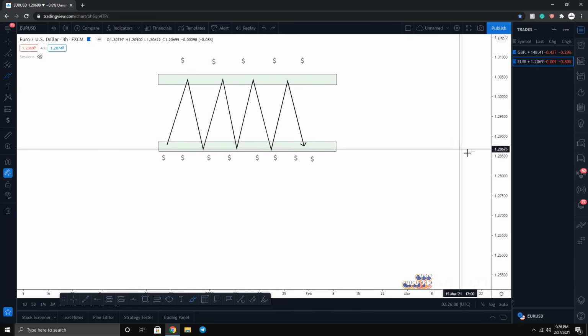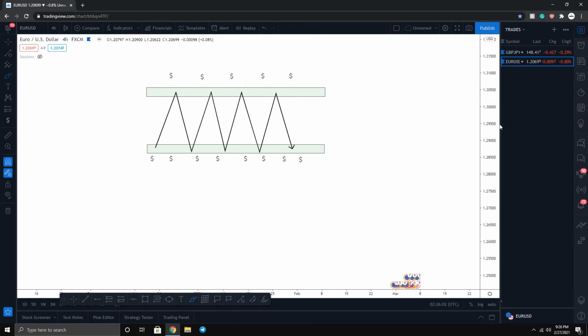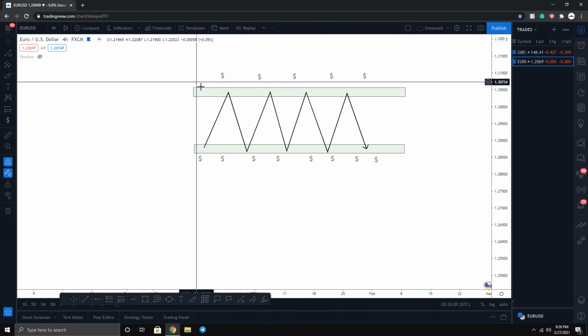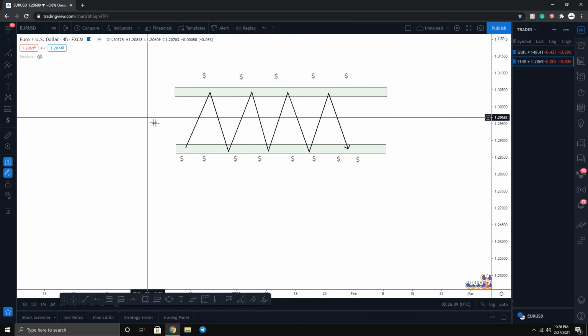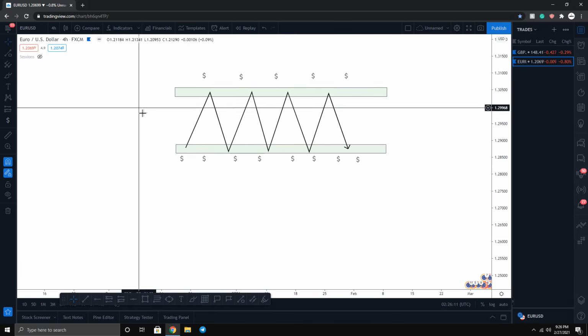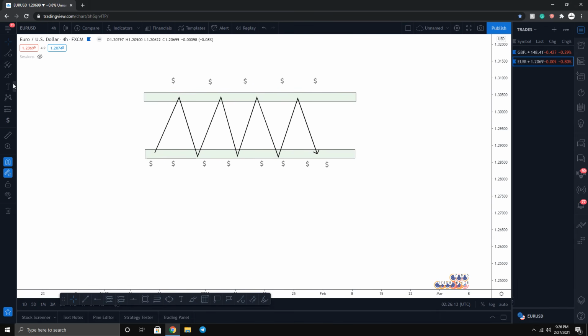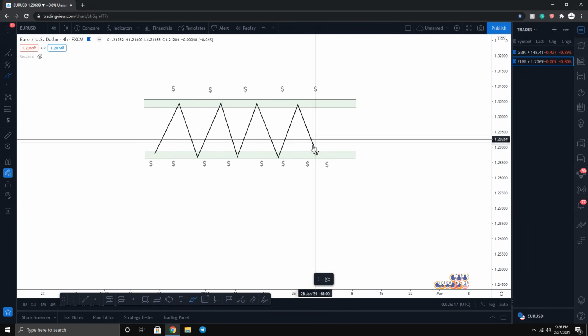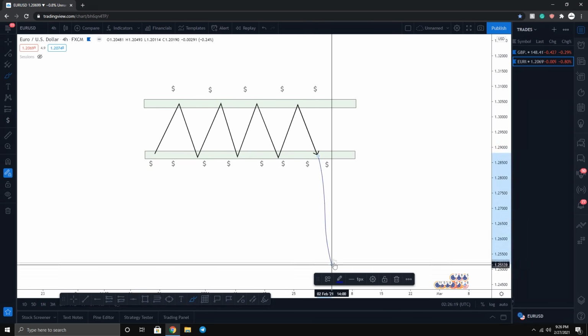Now that we know what liquidity is, which is just money at a really obvious level, that's a really short definition. Liquidity is money at a really obvious level. Now, banks take liquidity. The reason they take your stop loss is because when they're going one specific way, let's say the market is about to trend towards the downside,